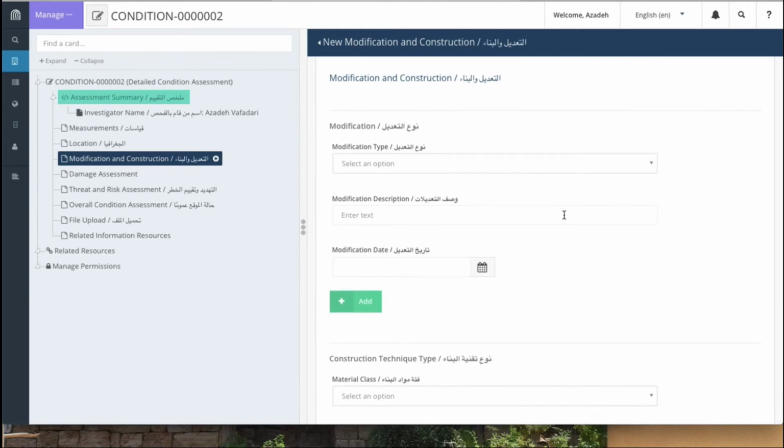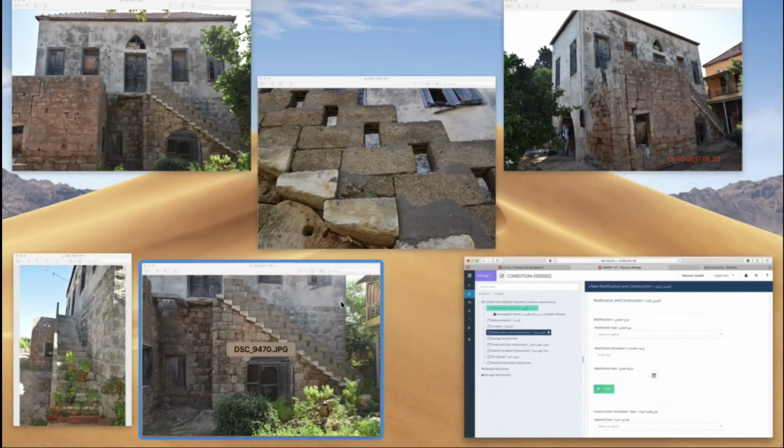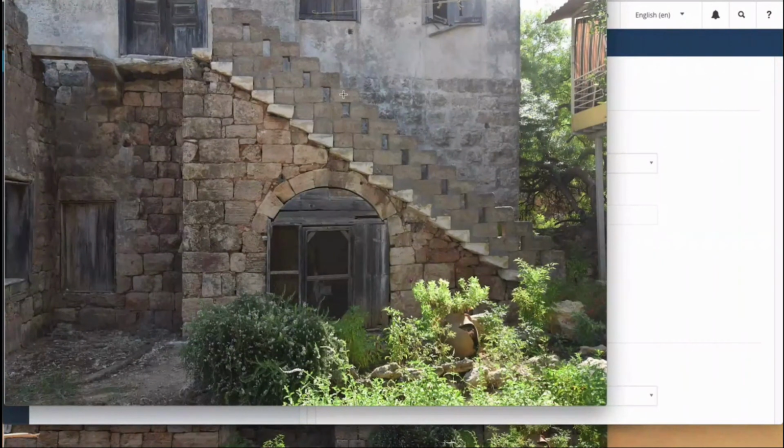So the first one, in the modification field, I want to add information about any previous conservation, restoration, and reconstruction work to my heritage place or built component. So in my example of the staircase, what I'm doing the detailed condition assessment for is the condition of the staircase. And as I can see, the part of the stairs up here, both stones down and a concrete block breeze, have been added. So this part of the stairs has been